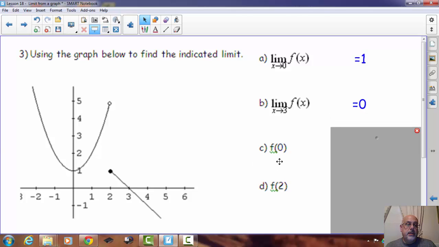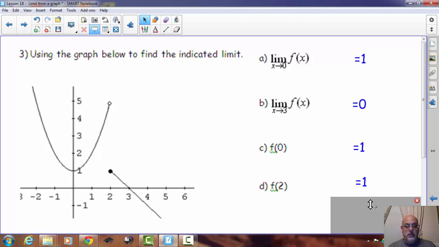Now I'm just asking to simply evaluate f of 0. f of 0 will be 1. And here again I ask you to evaluate f of 2. When x is 2, you have a closed circle at 1 and an open circle up at 5. So when you evaluate the function f of 2,